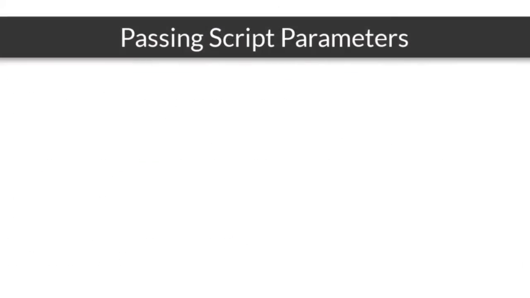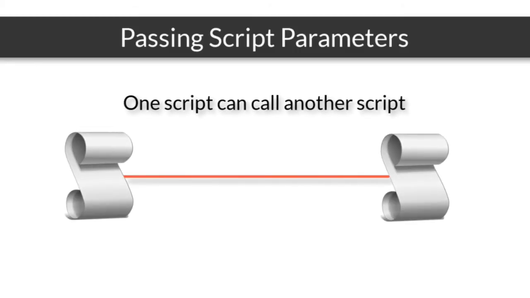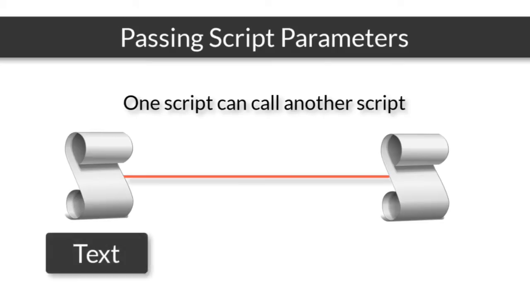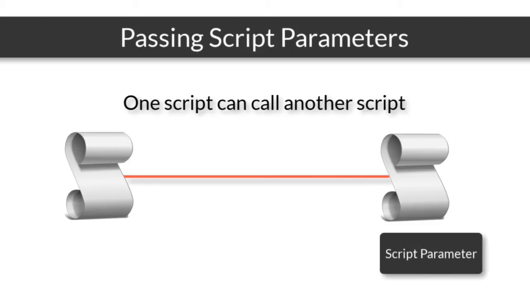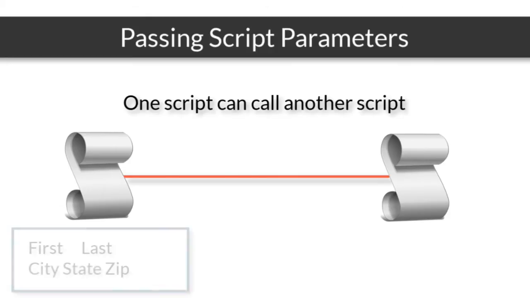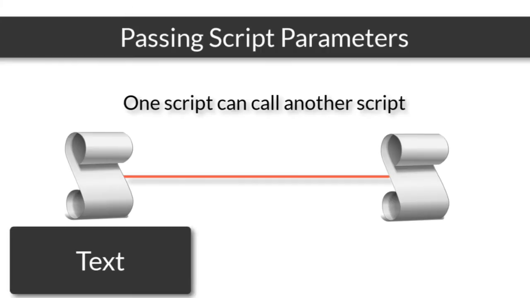Once again, this is a little bit more advanced, but understand that one script can call another script, right? When one script calls another script, a single block of text can be passed from the first script to the second script. That's called a script parameter. Now, if you have lots of different values that you want to pass, maybe 4 or 5 different fields or values, or maybe you want to say it's someone's first name and their last name, and then there may be city, state, and zip. Well, that's all going to go as one block of text,